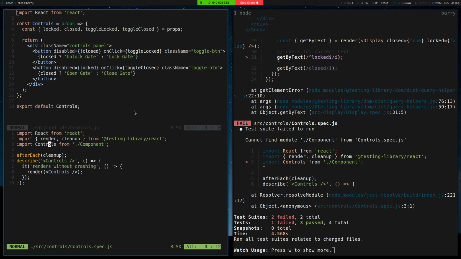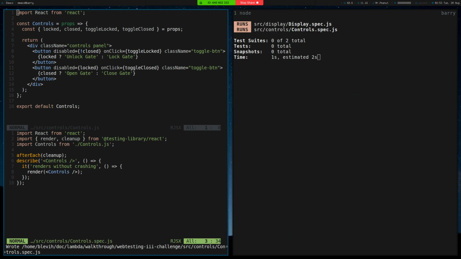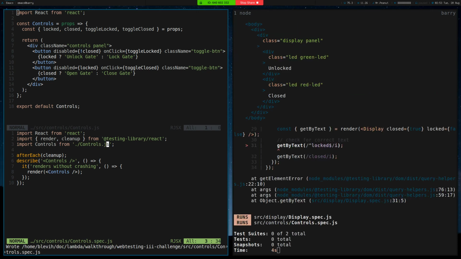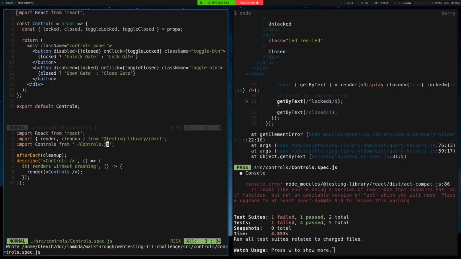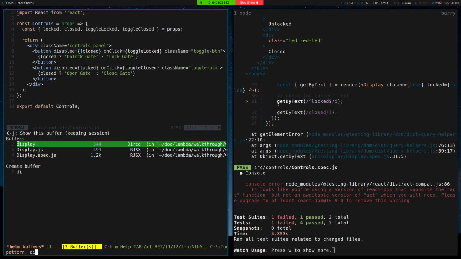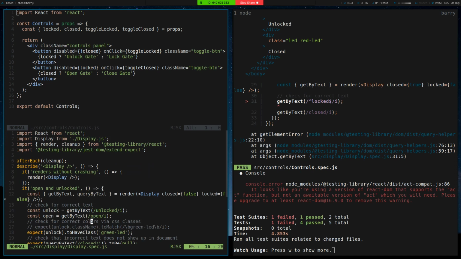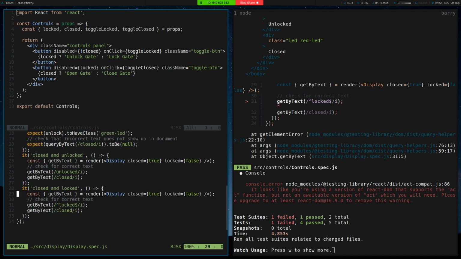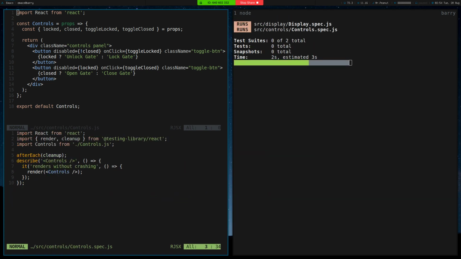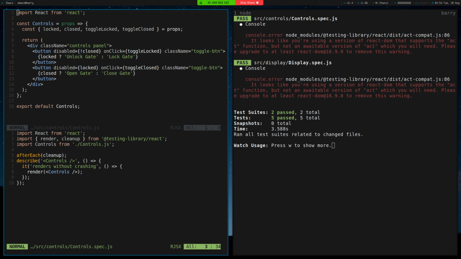Okay. Oh, imported the wrong thing. Alright, let's see if our test passes. Alright, ooh. Where's my test failing? Oh, it looks like I forgot to save the previous file. So let me go into my display testing file. And this locked needs to be true. Okay, so now all my tests should pass. Alright, great. So I got passing tests, and now I'm ready to test this component,